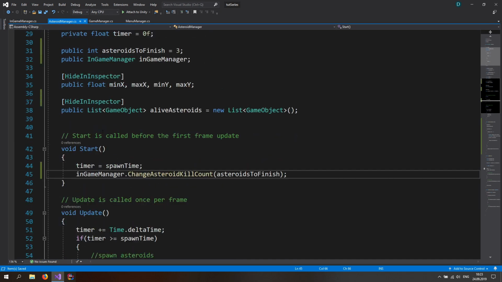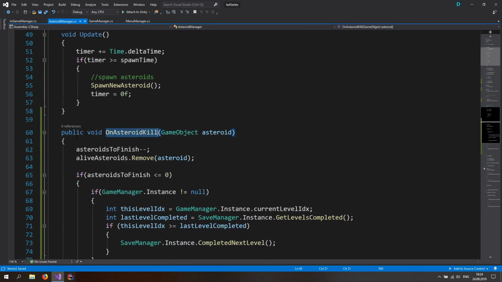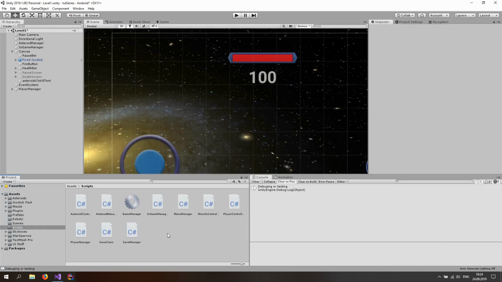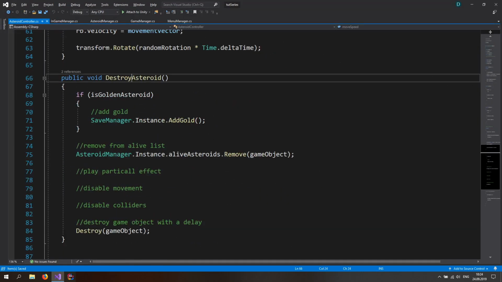Okay, we are in the asteroid manager in the start function, and we want to call the change asteroid kill count. And while we are in here, we also want to call the on asteroid kill function, because we have 0 references, so this does not get called at all. To do that, we have to open the asteroid controller right here, and let's go down, down, down, and right here where we destroy the asteroid and remove it from the list, we actually want to not do that,